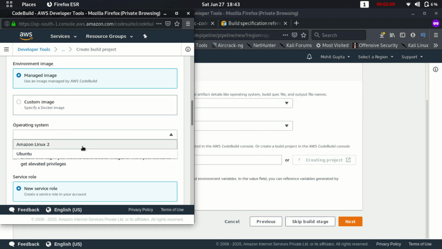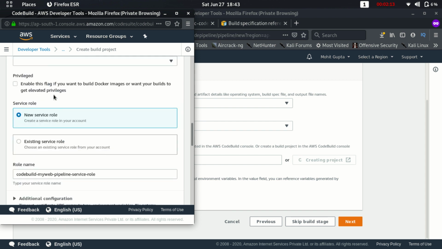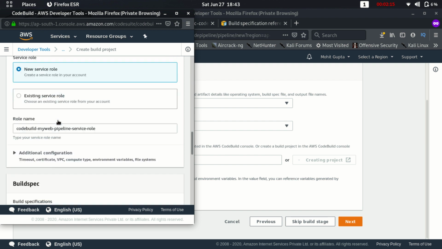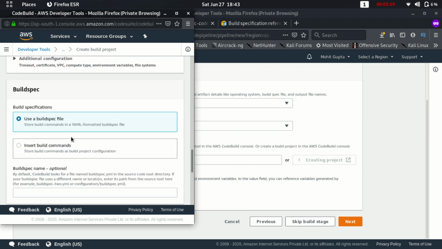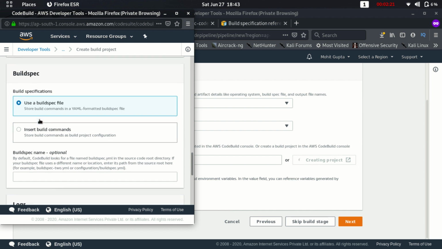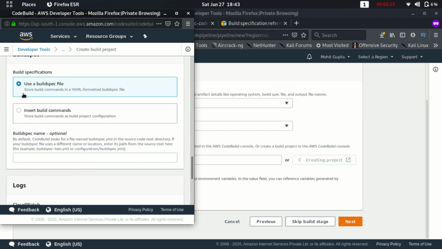In the operating system I'll be using Ubuntu, and it will also create a new service role for AWS CodeBuild. And in the buildspec I'm using the buildspec file. So I already have the buildspec.yaml file inside my repository.